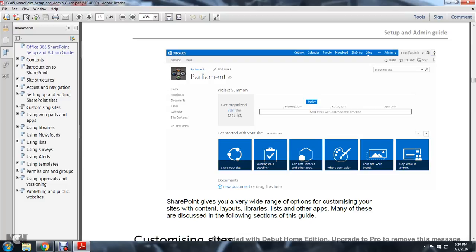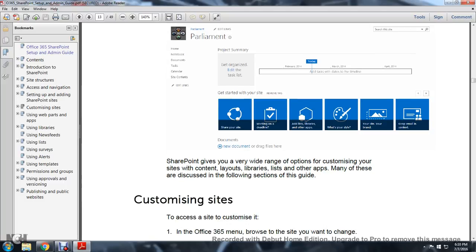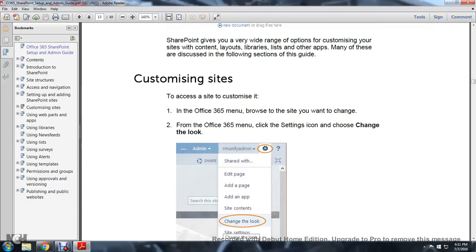SharePoint gives a very wide range of options for customizing your site and content layouts, libraries, lists, and other apps. Many of these are discussed in the following sections of this guide. Customizing a site. To customize it in Office 365, browse to the site you want to change. From